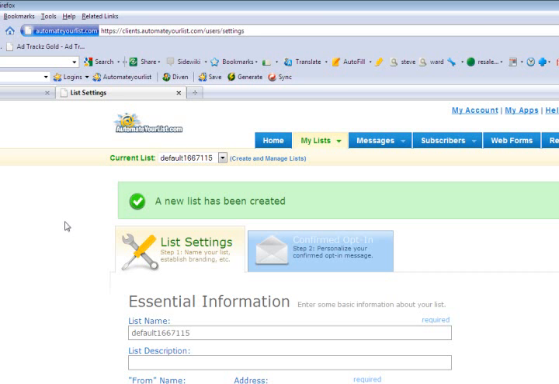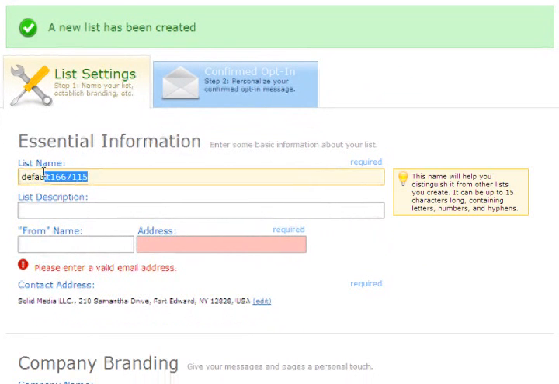So here's the first step in creating a new list. Basically, you're just going to create a different list name. By default it gives you one with a bunch of strings and numbers, but I would go ahead and change this and try to focus it around the product. It's only going to be for your purposes. If the person goes to unsubscribe, they might see this list name, so you don't want something bizarre, but something focused around the product that you're doing, because you're basically going to do one list per website. So in this case, we're just going to call it niche